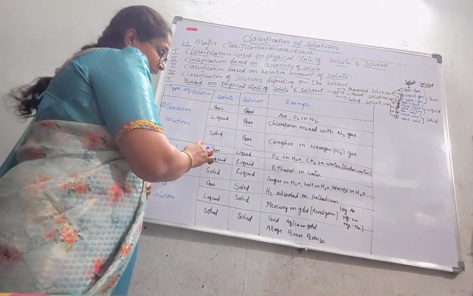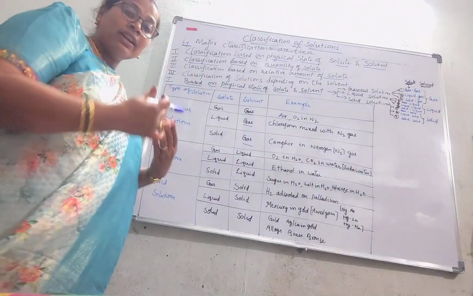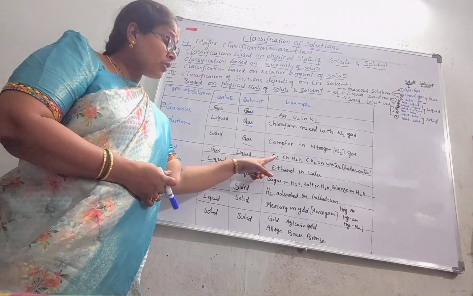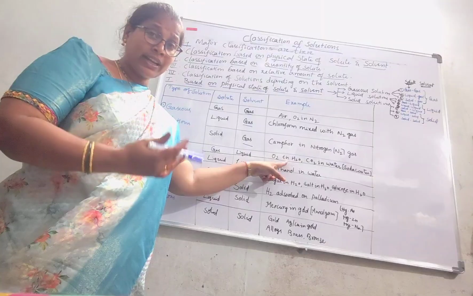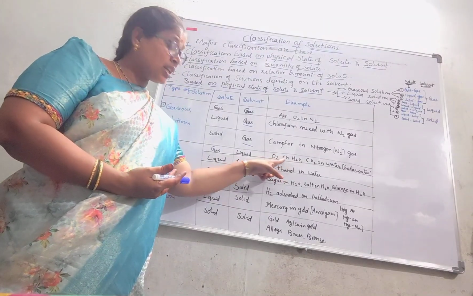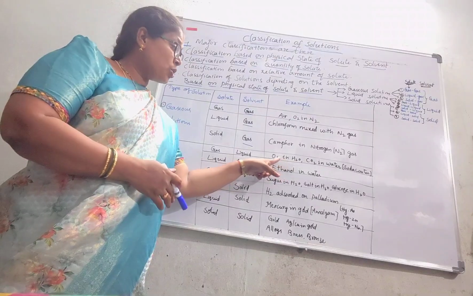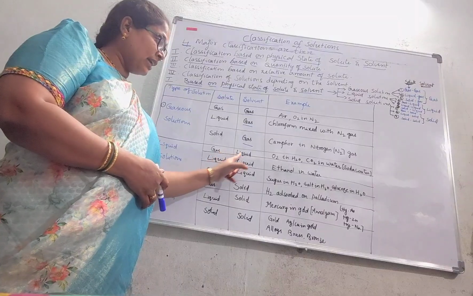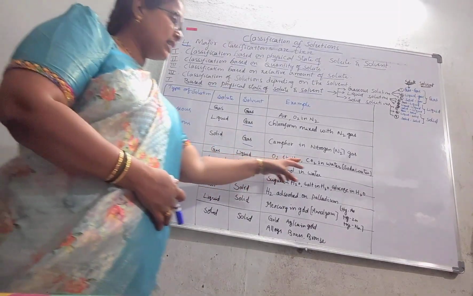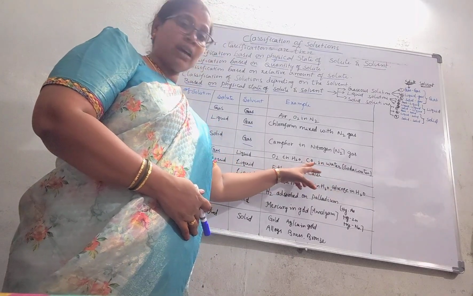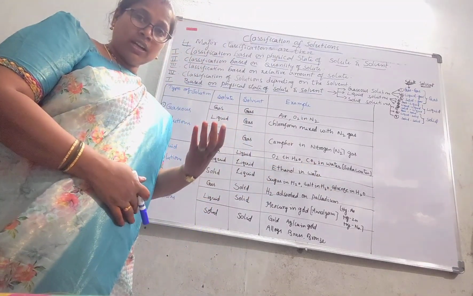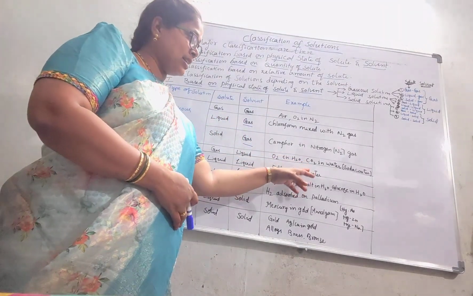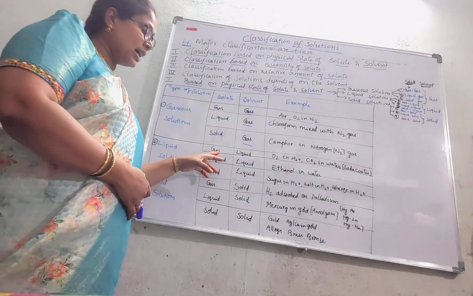Okay, so in gas in liquid type solution, what is the example? We drink sodas, no? Yes or no? Soda, cool drinks, soft drinks, all like this. So O2 in water generally. Yes, aquatic animals, how they survive means they take oxygen from water only. So O2 in water is an example for gas in liquid. O2 is the solute gas and liquid is water, the larger quantity one. Then CO2 in water. CO2 means carbon dioxide. We are drinking soda water, normal sodas, cool drinks, all. They dissolve and pass the carbon dioxide gas. So that is also an example for gas in liquid type.